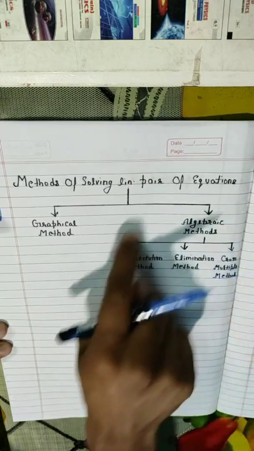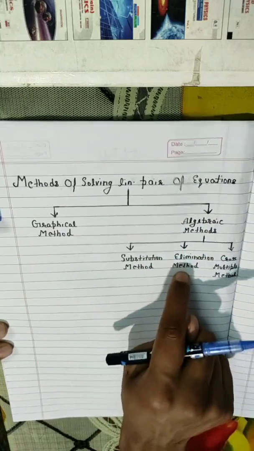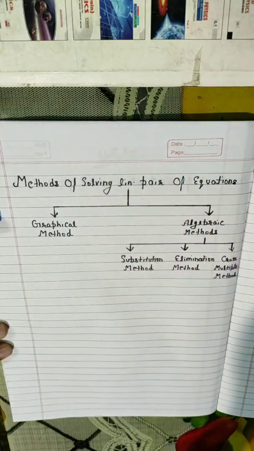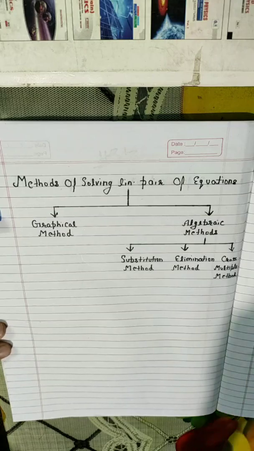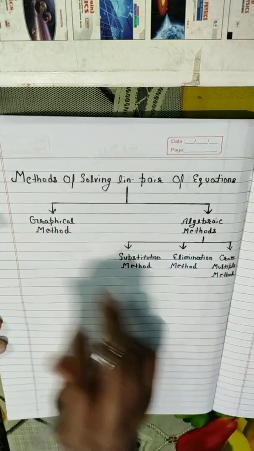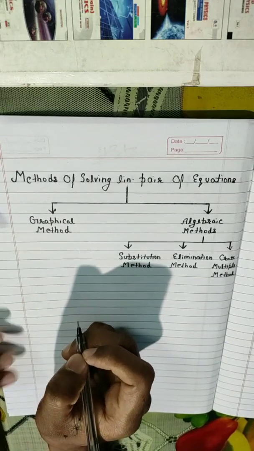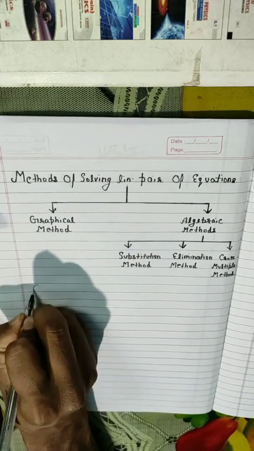This is a very important portion for your upcoming mathematics also. We will use these concepts in the upcoming chapters, arithmetic progression and trigonometry, and we will use them most widely in mathematics. Today we start with the graphical method. We will solve one or two questions on it. Students, in the board exam, one question can come from the graphical method, and it is always asked for 4 marks. Now let us start.